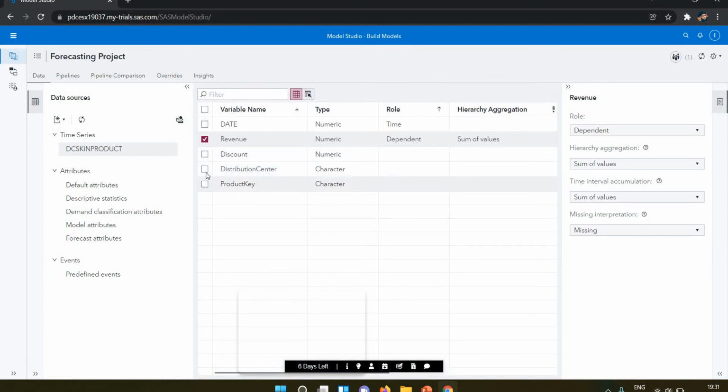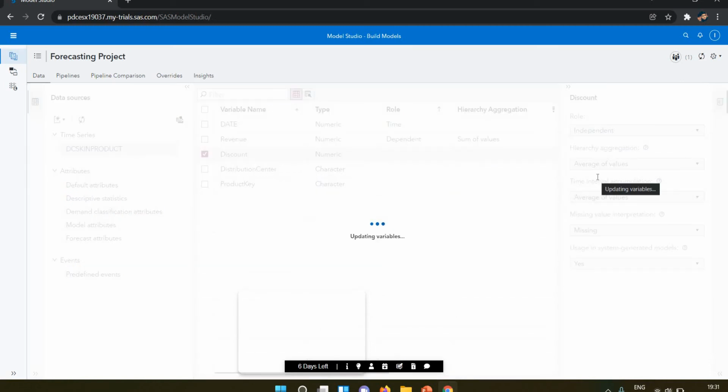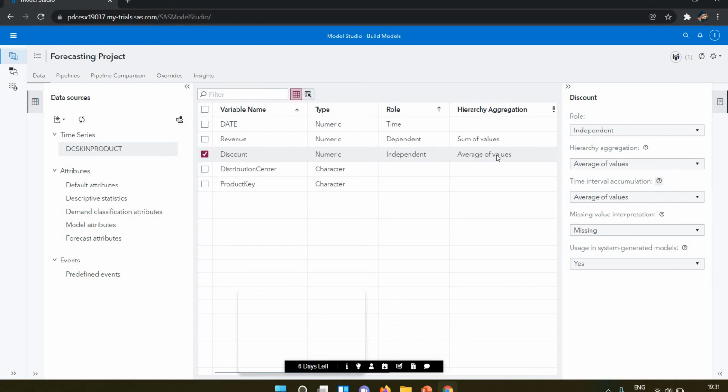And discount is the independent variable, because we are providing the discount, so I gave it as an independent variable. The sum of values or the average of values of the discount will be shown. Now you can see here the role is independent, average of value.